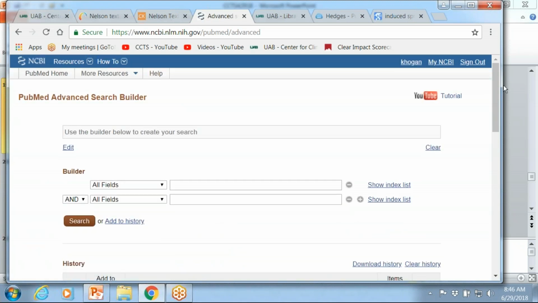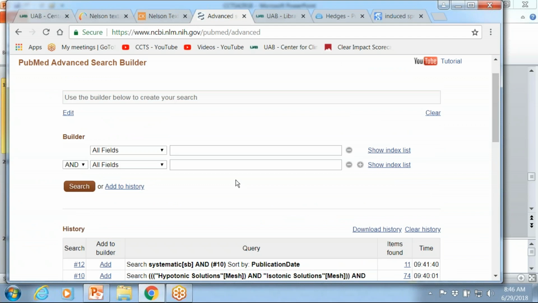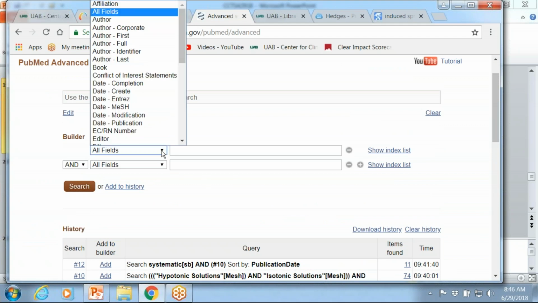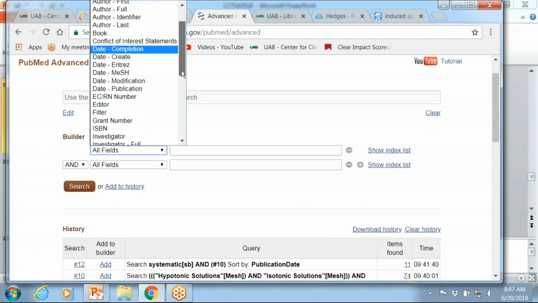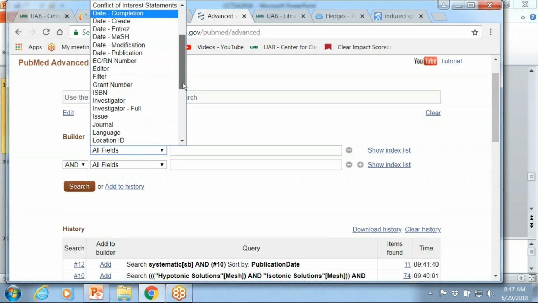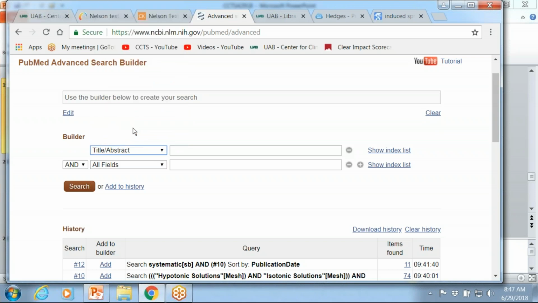If I wanted to go back and plug in some keywords for hypotonic and isotonic to get at those in-process citations, I could do that. What I usually do is take the pull-down menu for all fields. It will default to all fields, but I like to choose just the title or abstract. Again, really targeting my results.